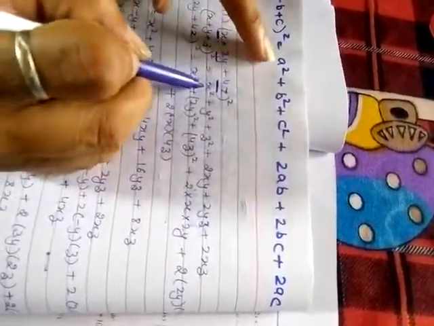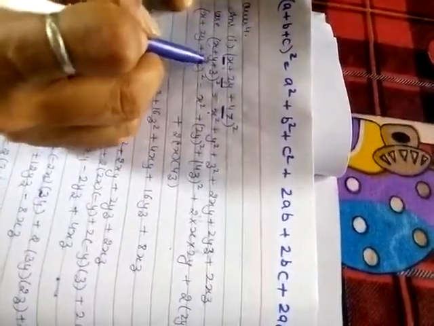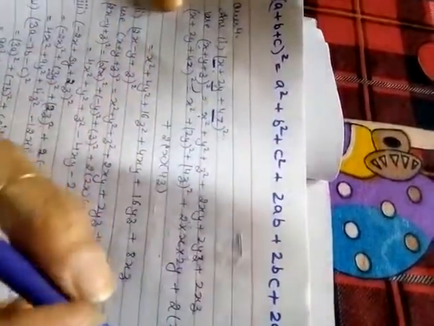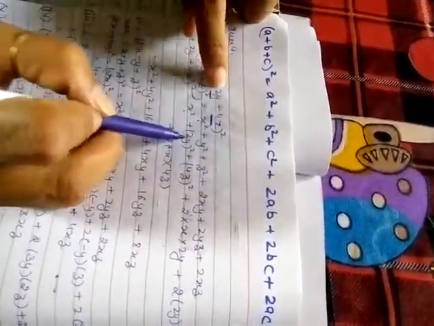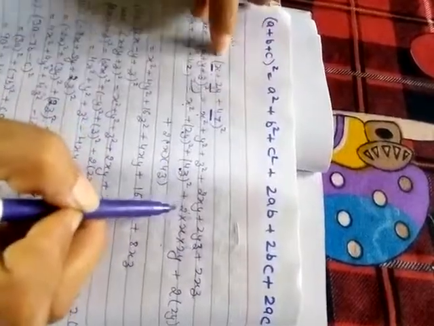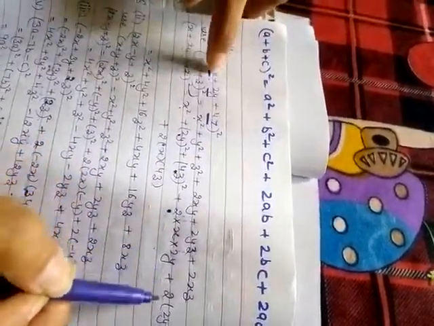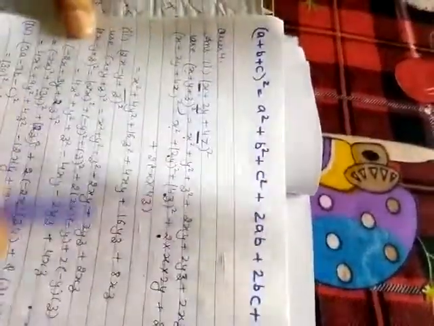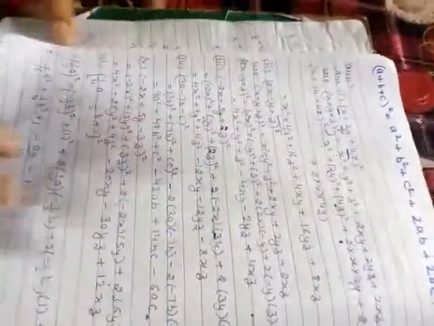So x square, 2y, I already mentioned there, that is a plus b in the form, and that is x plus y plus z. The formula will be the same, we just change the variable. So here x square, then 2y square, then 4z square plus 2ab plus 2ac plus 2bc. Then on solving this you get the answer. All these sums will follow the same pattern. Clear? Now come on to the fifth sum.